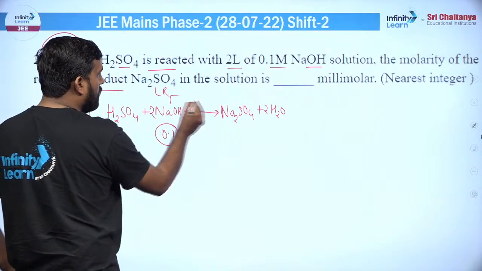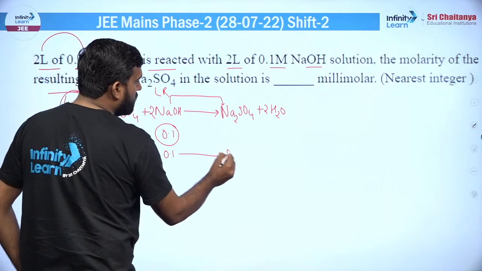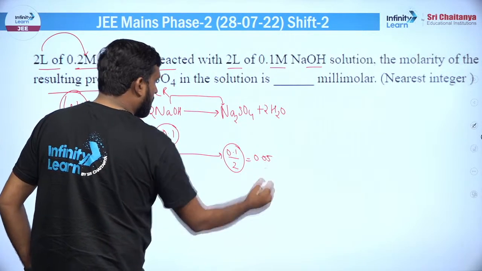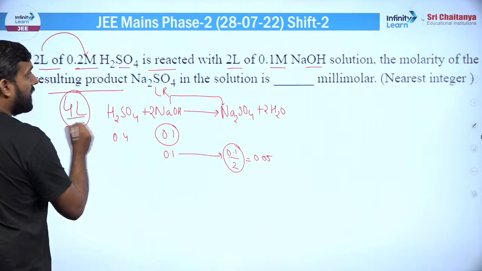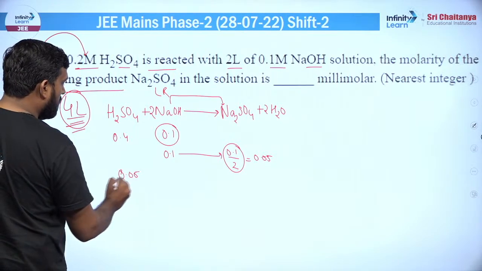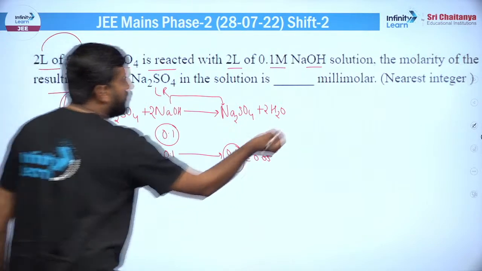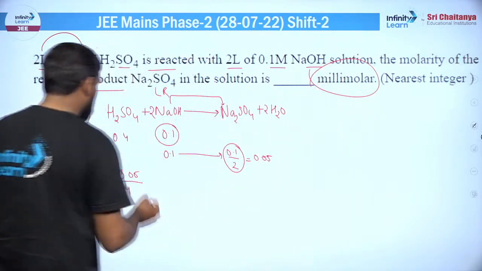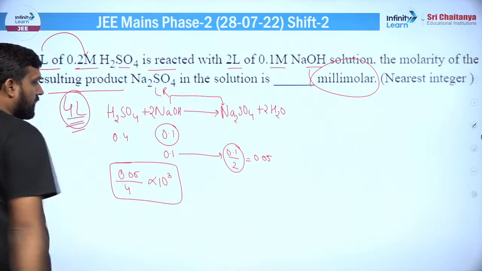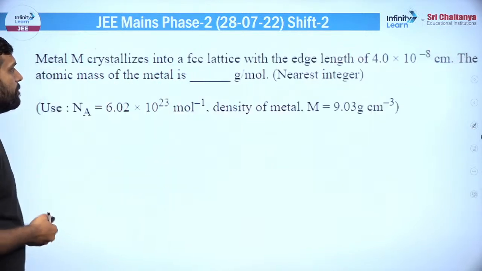अगर लिमिटिंग रिएजेंट ये है तो इसके 2 मोल से ये 1 मोल बनता है, तो 0.1 से कितना बना होगा बेटा, ये 0.1/2 बना होगा, तो यानी जो मोल्स हैं वो 0.05 है। और आपको वॉल्यूम 4 लीटर है, तो निकाल लो बस ना, खत्म हो गया क्वेश्चन। तो 0.05 अपॉन बेसिकली 4। मिली मोलर पूछा गया। तो मिली मोलर है तो इसको मल्टीप्लाई कर सकते हो 10 की पावर 3 से। सो दिस विल बी योर आंसर। 125 ऐसा कुछ आ रहा होगा, देख लेना। गोइंग टू द